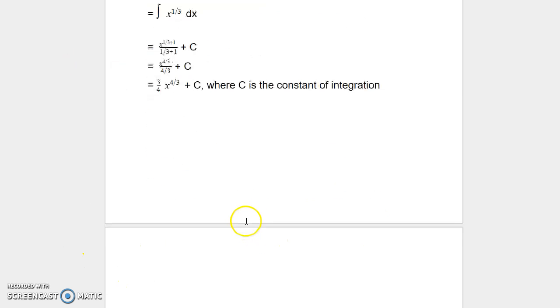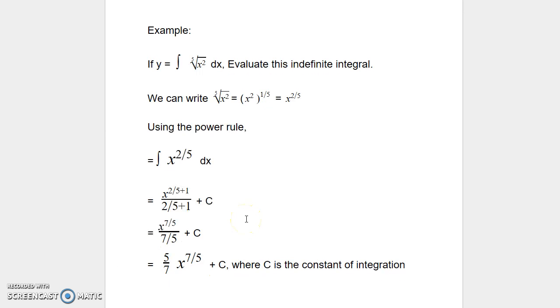Let's look at another example. Let's say this time we want to evaluate an indefinite integral, the fifth root of x squared dx. It might look complicated, but it is not. Once we convert this radical term into an exponential term, we can then use the power rule very simply, very